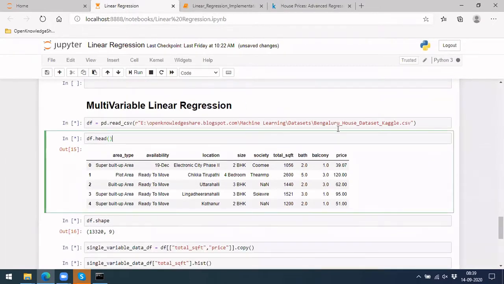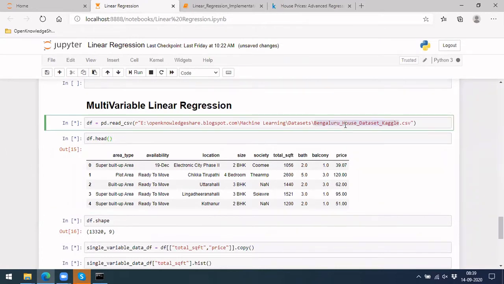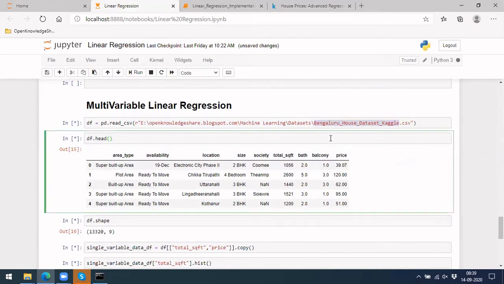So what I have taken is a data set on Bangalore house prices. This is much more relevant to the example we are talking about in terms of linear regression, where it is about flat value, the purchase price.